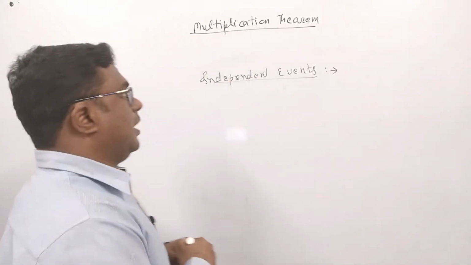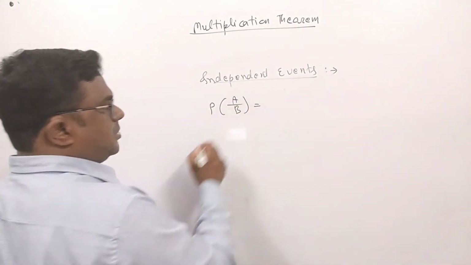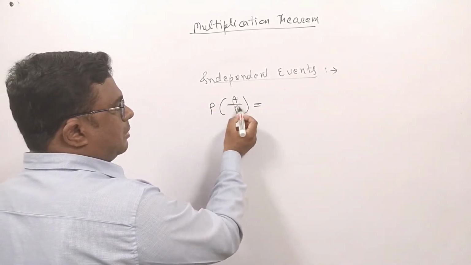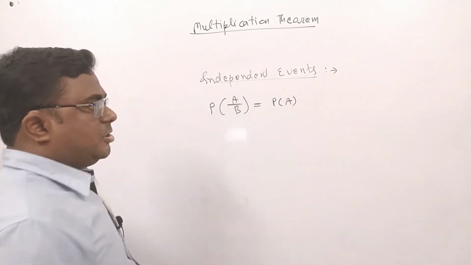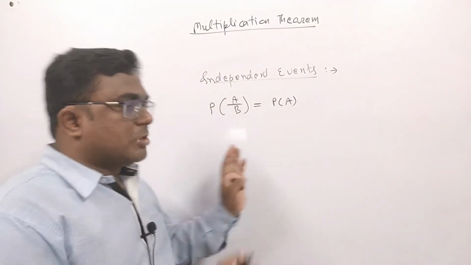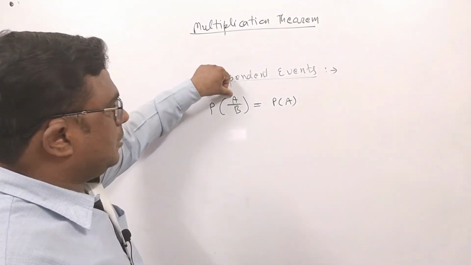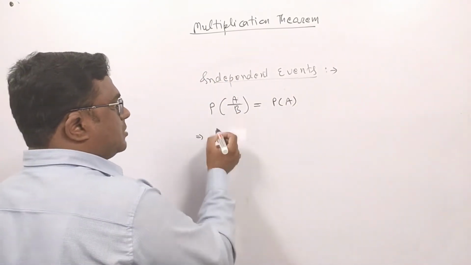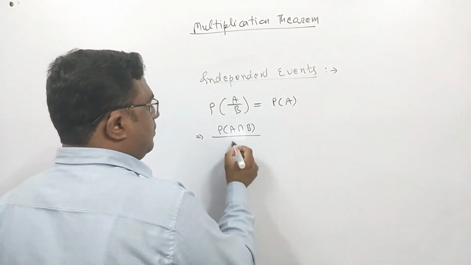And in that situation, what will happen? If I say to you that A and B are independent events, then the value of conditional probability of A at the condition that B has already occurred will be only P(A) because they are independent. So for A, the condition of B is useless because events A and B are independent. So that's why the conditional probability of A will be same as the probability of A. And we know what is the formula of P(A|B). Its formula was P(A intersection B) upon P(B).